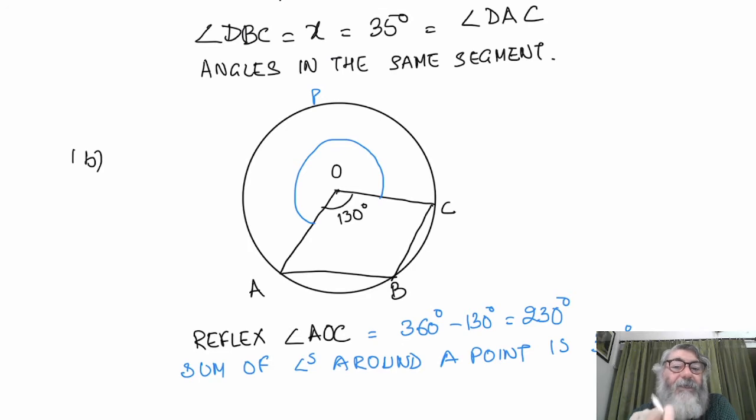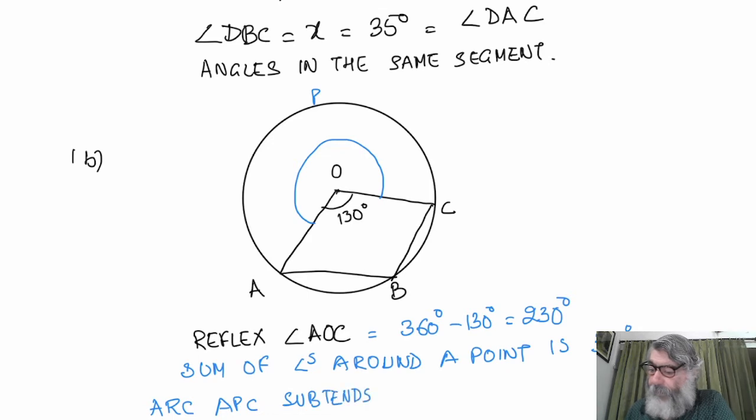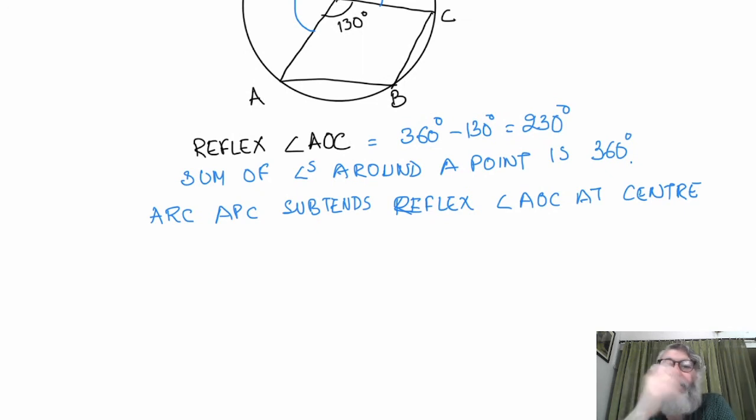You see, arc ABC subtends angle AOC at the center, but arc APC subtends reflex angle AOC at the center. So arc APC will subtend